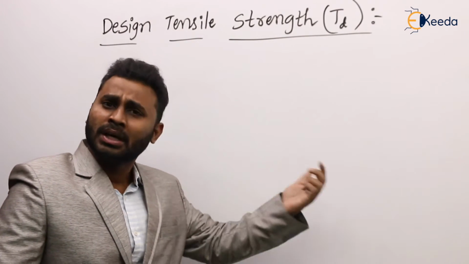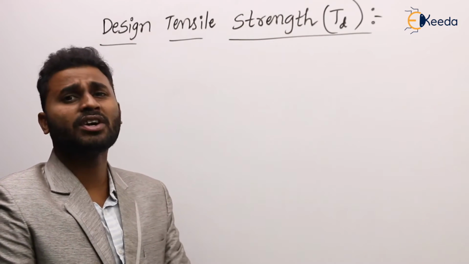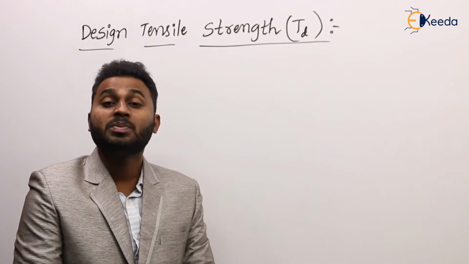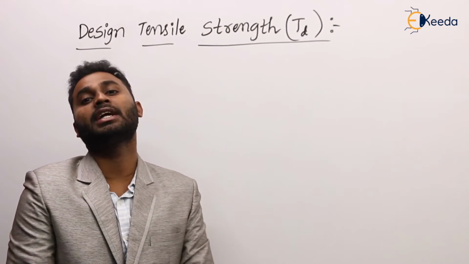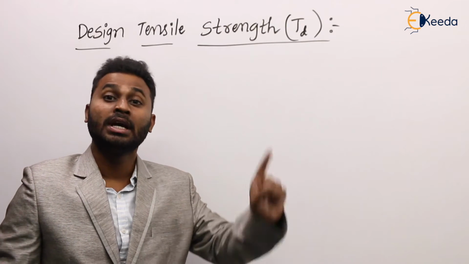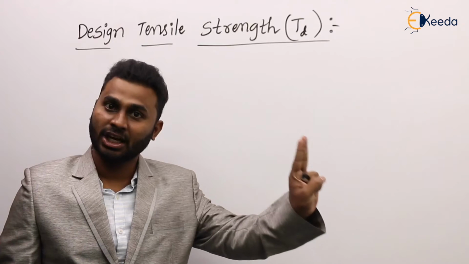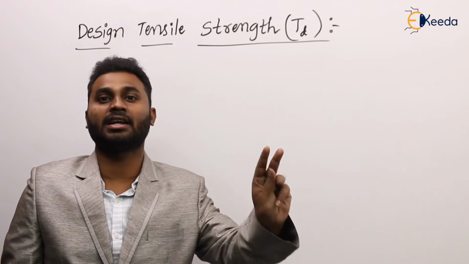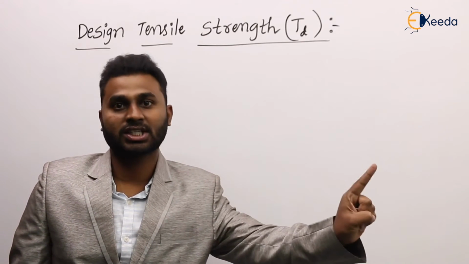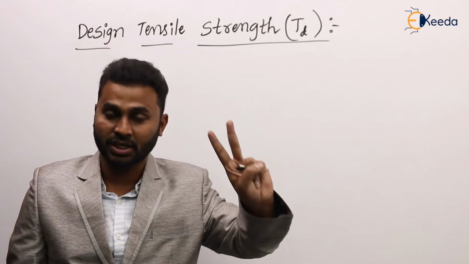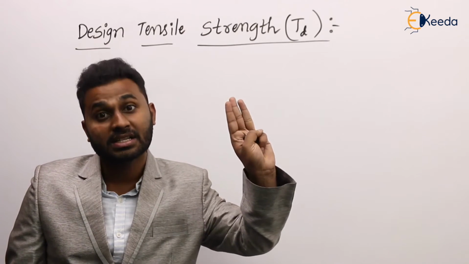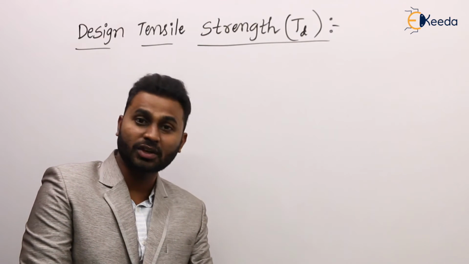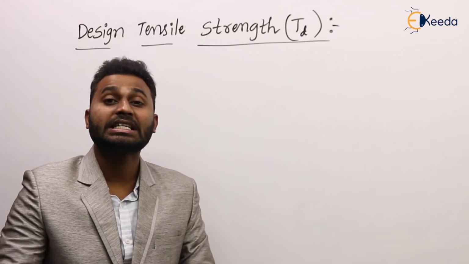If you observe, in previous sessions we have discussed the design tensile strength. Actually the design tensile strength of a member is based on three criteria. What are those three criteria? Cross section yielding, net section rupture, and block shear. Agree or not? In all these three cases, we have seen how to calculate the design tensile strength in cross section yielding, in net section rupture, and in block shear. We have seen the formulas in detail also.